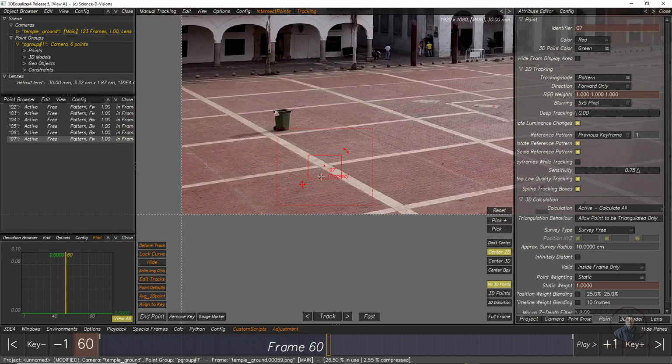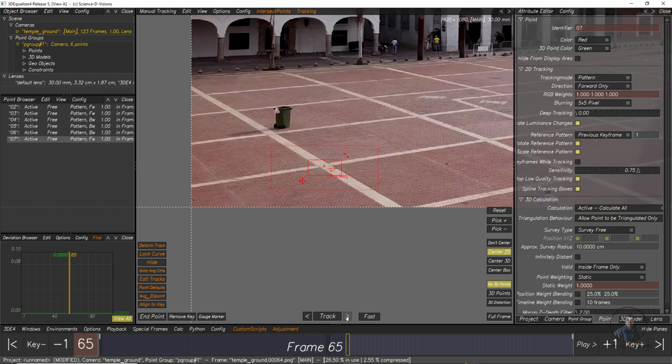So stop it here, because this area is going outside our frame. If you want, you can adjust this one, even this one also you can adjust, even frame by frame if you want you can just track.